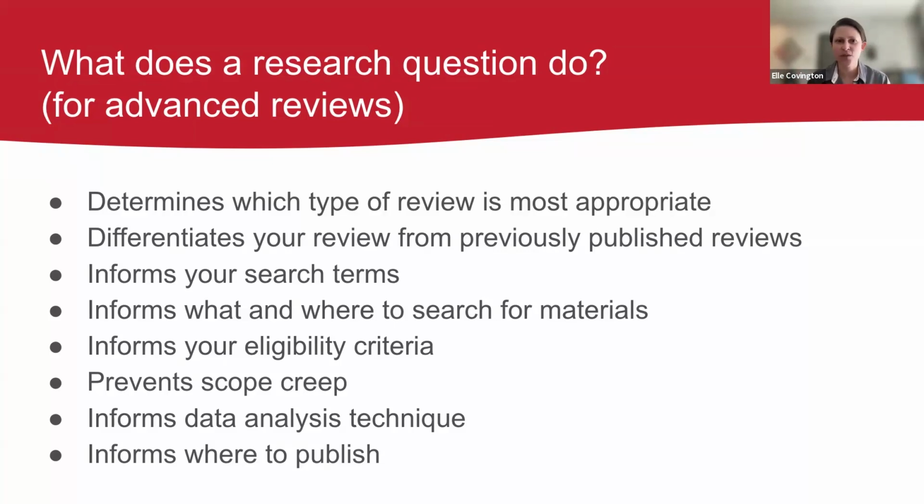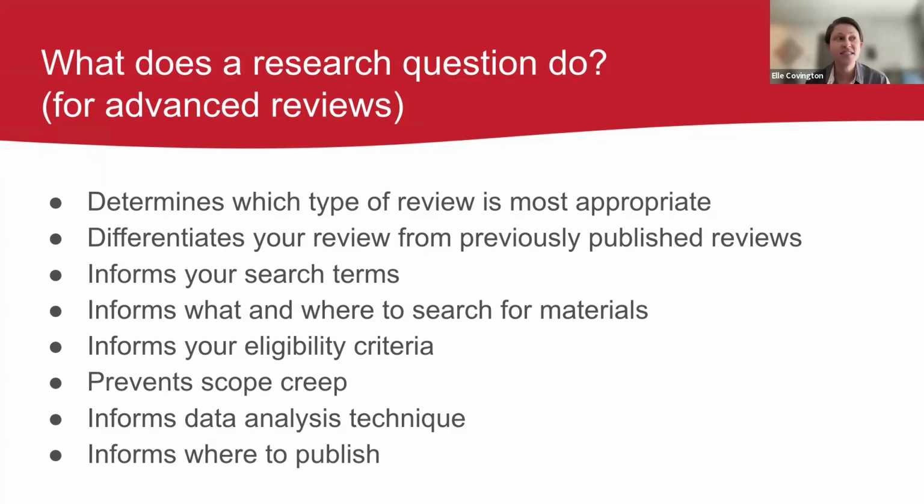And since scoping reviews by nature are broad, it's even more important to put those parameters around things. It's like, okay, I know that this is going to be broad anyway, so I need to make sure that within this project, this is what I'm focusing on. And so that research question will really help you maintain those parameters and help you avoid scope creep. Because then you can always come back and say, as I'm doing with one of my research teams right now, we're constantly coming back and saying, okay, great question for the next paper, next paper, next paper, so that we can make sure that we get this one paper done and published.